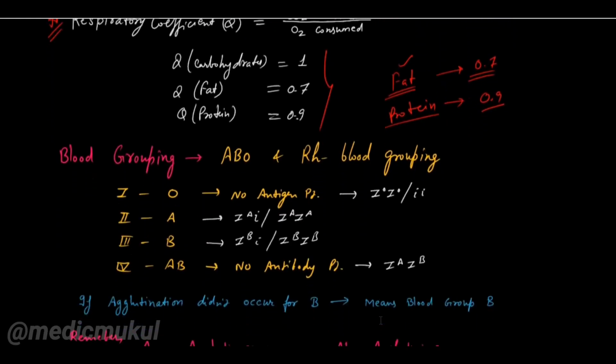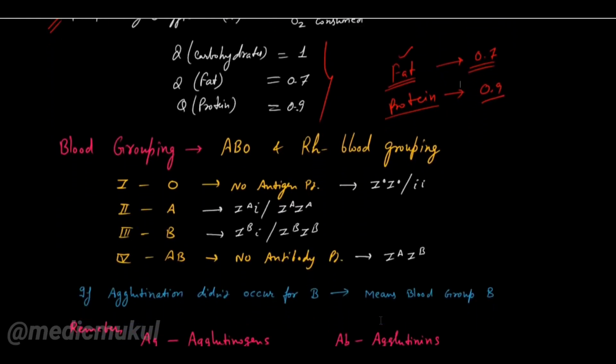The next is our blood grouping. We have loads of blood groupings, but here we are just going to discuss the ABO blood grouping and the Rh blood grouping. In ABO blood grouping, mainly 2 antigens are present on our surface, the A antigen and the B antigen. These classify ABO blood grouping into 4 subtypes: blood groups O, A, B, AB. And according to the previous classification, we also divide blood groups into type 1, type 2, type 3, type 4. So remember O, A, B, AB.